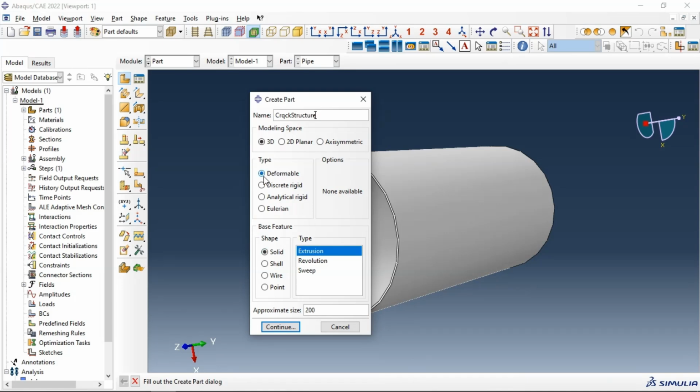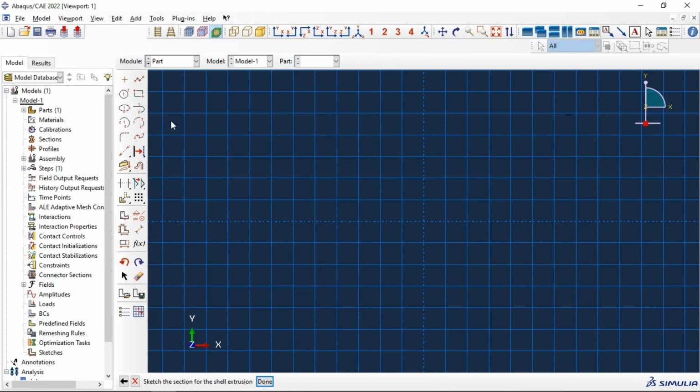With 3D deformable shell extrusion. Click continue, and now we will create the main structure of our crack and the front of the crack. The first one is the crack line. For example, in our case, we will use 20 millimeter in the length of the crack, and also we will create two circles in the limits of our